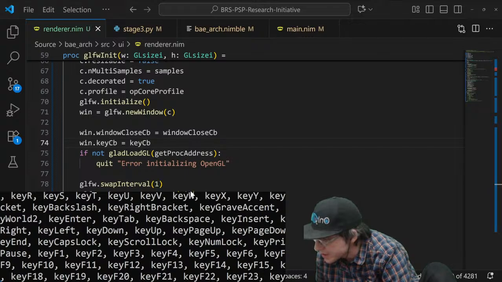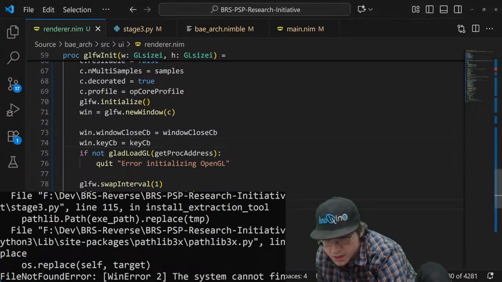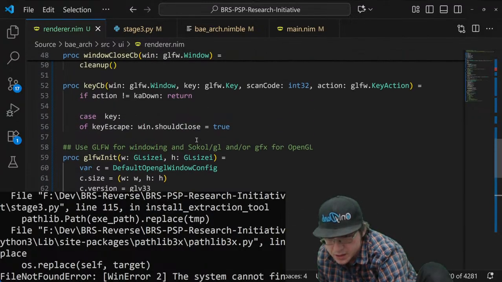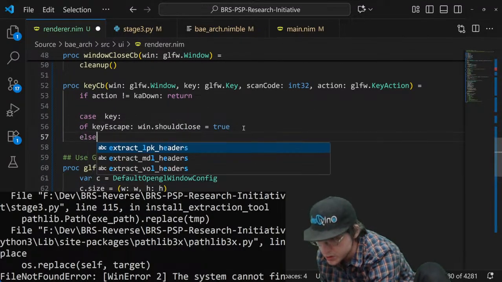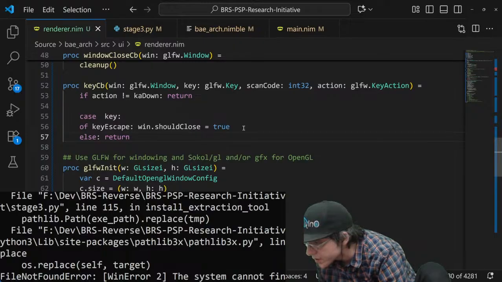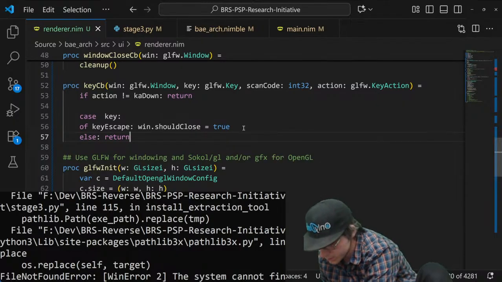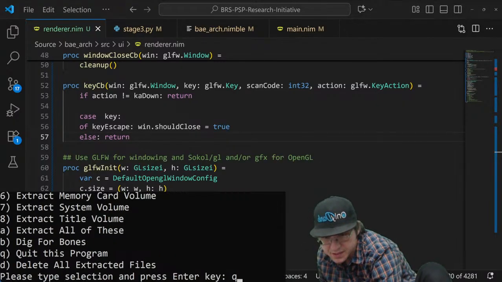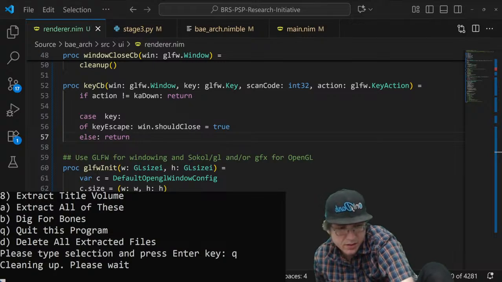Right now it's saying that it needs to cover everything, which I don't want. I'm just going to go ahead and do else return. That should solve that problem. Yeah, I forgot the default.